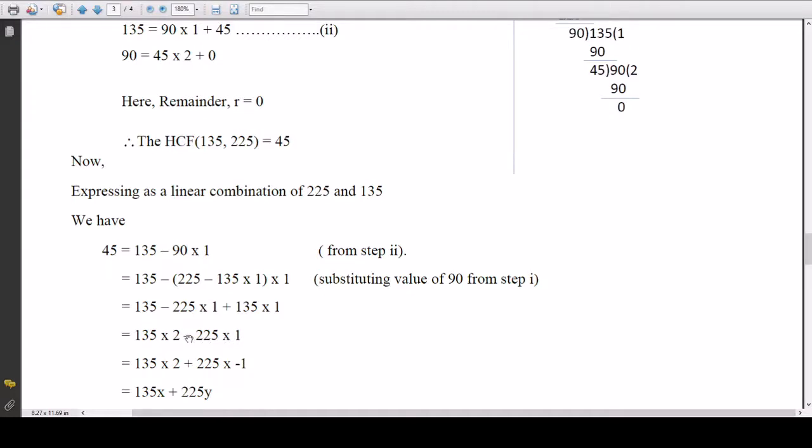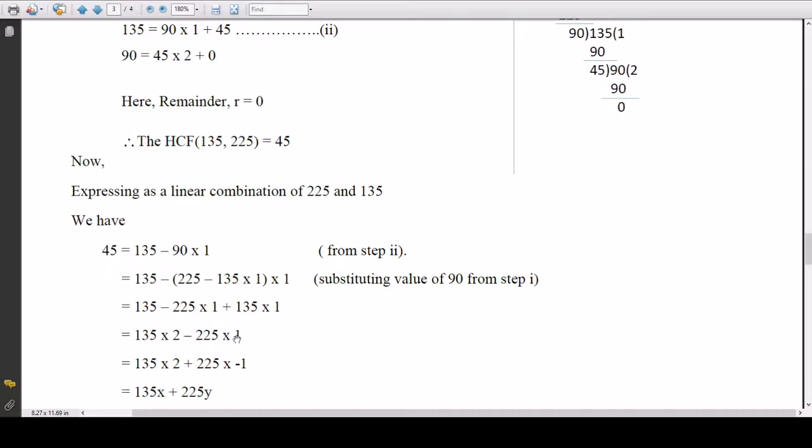Just change the sign of this 225 from minus to plus, and this one from plus to minus. Just interchange the sides. Okay, because both of these numbers you have to multiply. If you multiply two numbers, if one is plus and the other is minus, you will get minus only. If minus is with 225, or if minus is with 1, if you multiply, you are getting the same minus